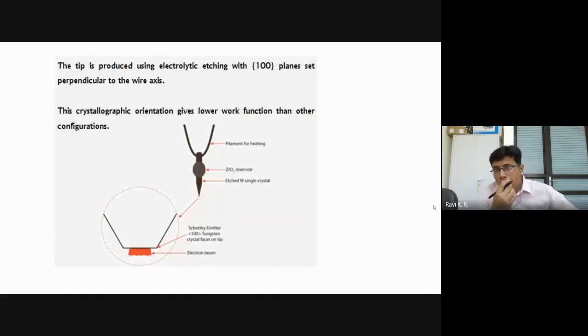Okay. So one more thing, now you can ask me another question. Why don't we make the entire part out of, let's say this is the shape that you want, you make everything in ZrO2? What is the problem? So you have ZrO2 crystals. Why don't we make ZrO2 as a crystal and use it as an electron gun?